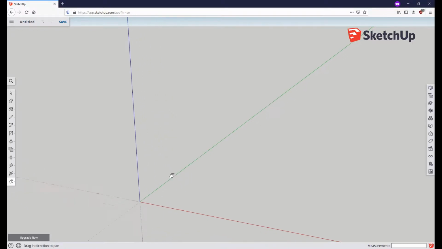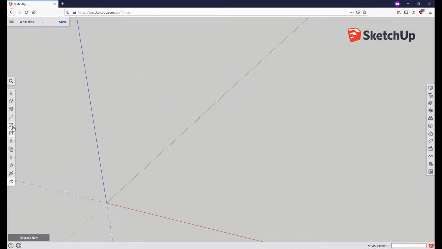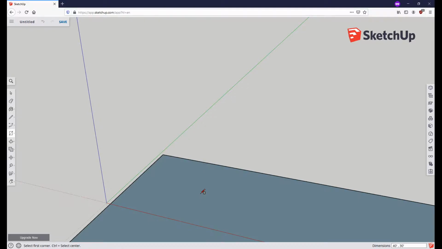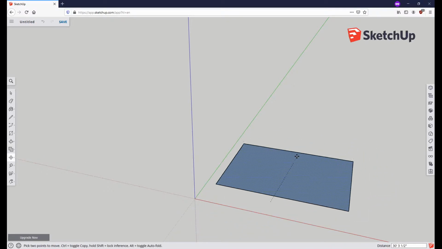So we're going to change the camera to pan just to get us a better view of our work plane, and we're going to start with the rectangle tool. Now instead of making one line at a time, the rectangle tool is very useful for simply clicking and dragging. And you'll notice over there on the dimensions, once we have it selected, we can simply just type 40, 30 or 40 apostrophe, 30 apostrophe. That denotes 40 by 30 feet, and that creates our little base here that we're going to use as our